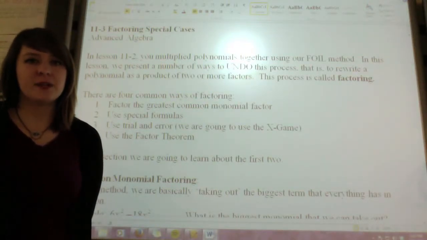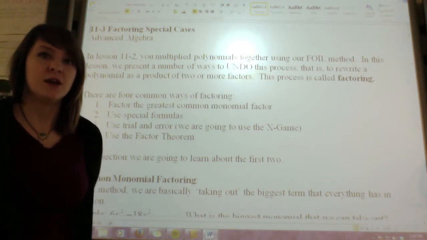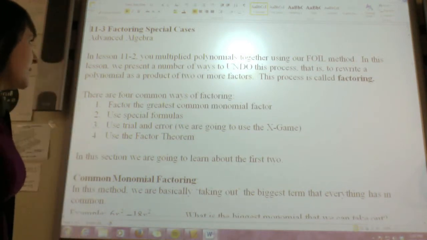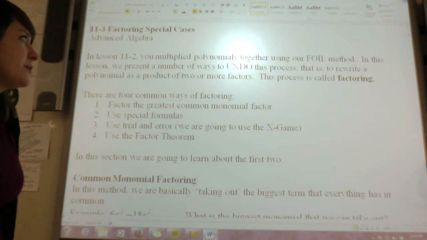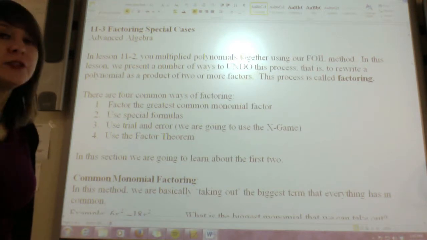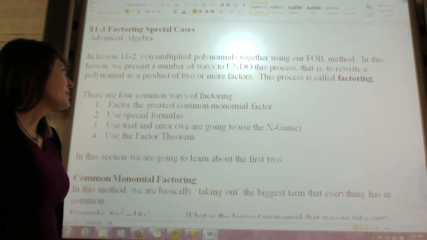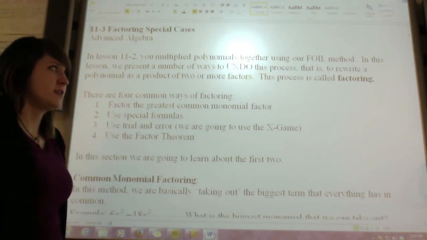Hey guys, today we're going to do section 3 of chapter 11, which is on factoring special cases. So in lesson 11.2, you multiplied polynomials together using FOIL. In this lesson, we present a number of ways to undo this process. That is, we want to rewrite a polynomial as a product of two or more factors, and this process is